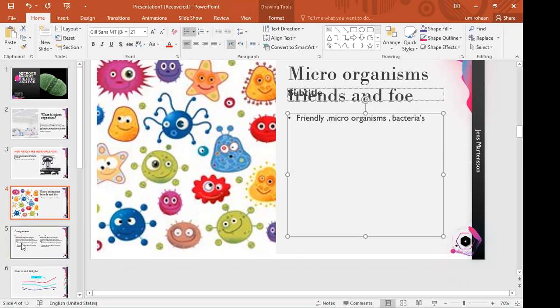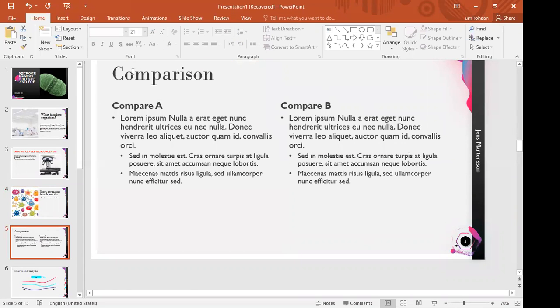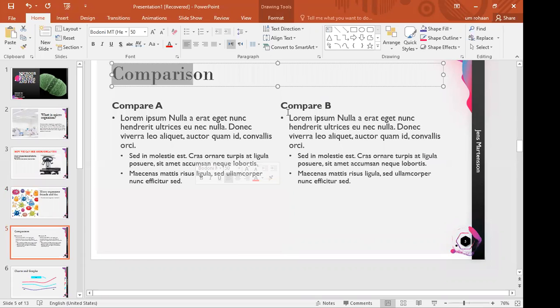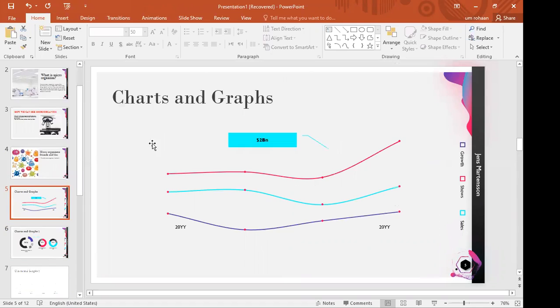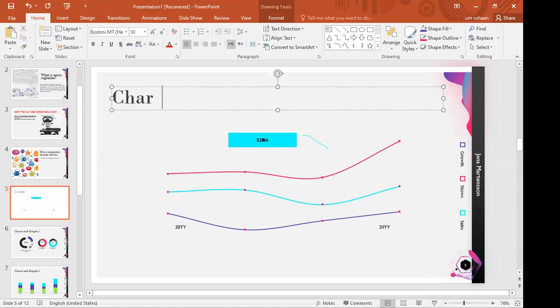Okay. Then for the next slide, you will edit all these. We don't need all of them. We will edit it, or if you want to delete this slide, you can even delete it. This one also, we don't need the charts. If in charts I want to add, I will add how microorganisms work.